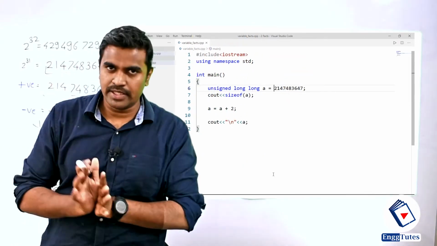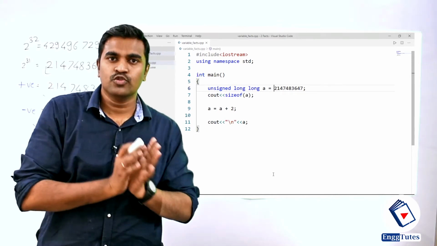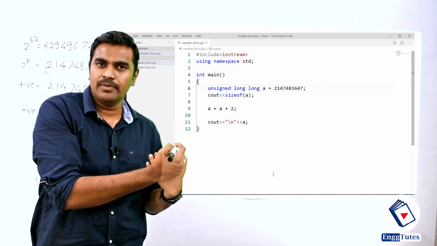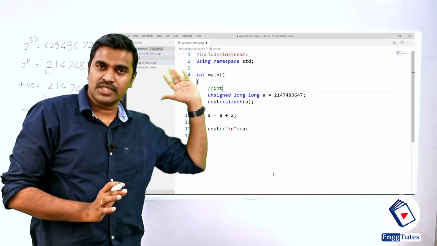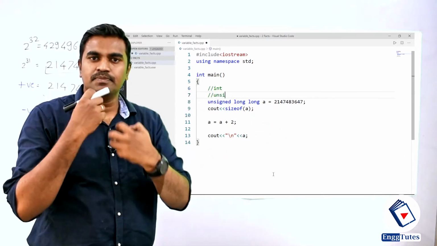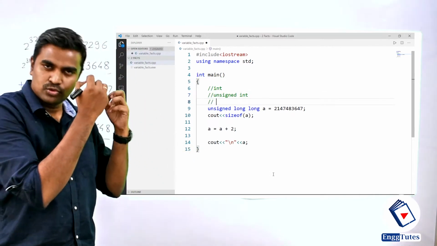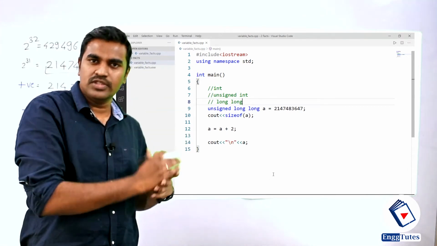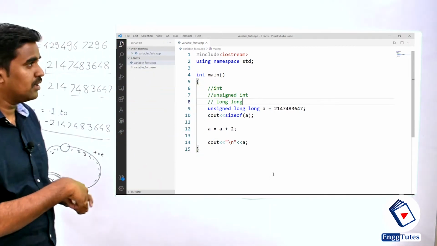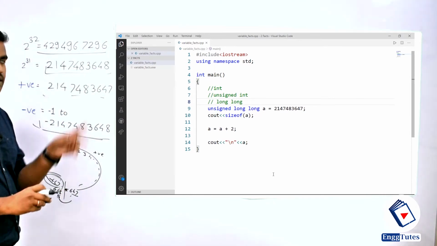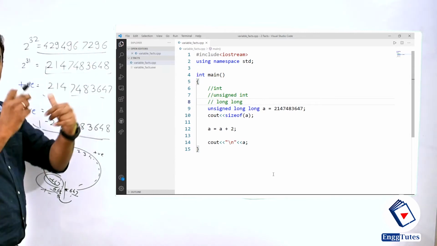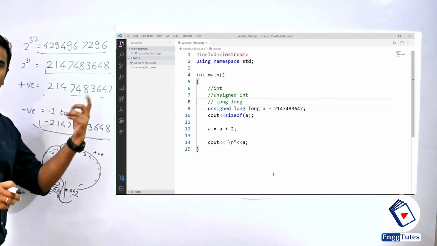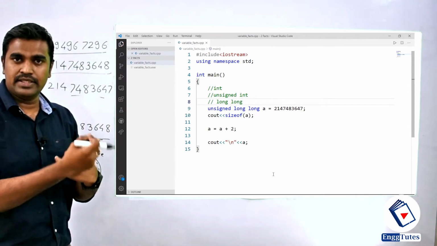Done. So let's summarize all the things that we have studied in this video. First of all, when you declare any variable, the compiler allocates memory to that variable. How much memory is allocated, we can calculate with the help of the sizeof operator. Then, from the memory allocated for that variable, you can calculate the number of possible values that you can store in this variable. For example, if it is an integer, the maximum range allocated for an integer is this particular range. To store positive and negative values, just divide this range by 2, and this is the maximum positive number and negative number we can assign for this integer type of variable.